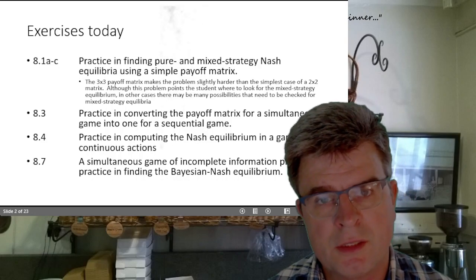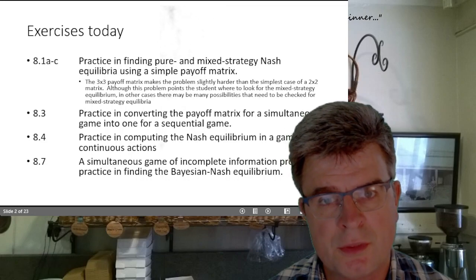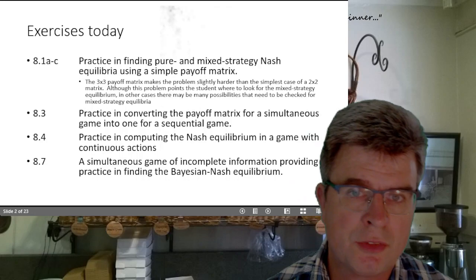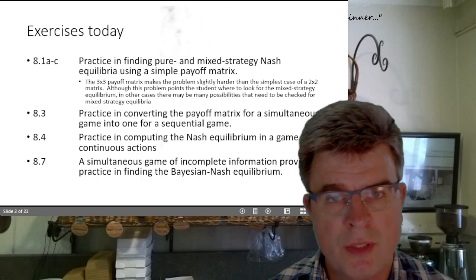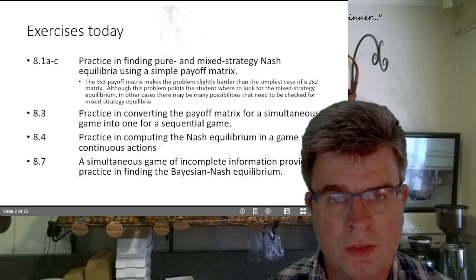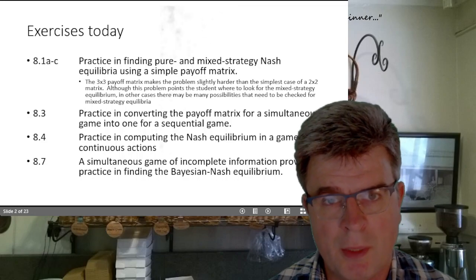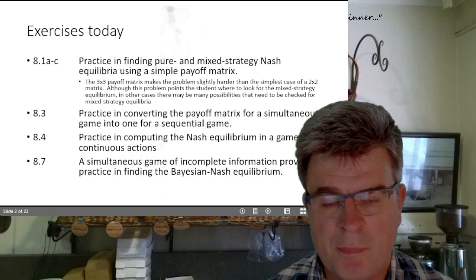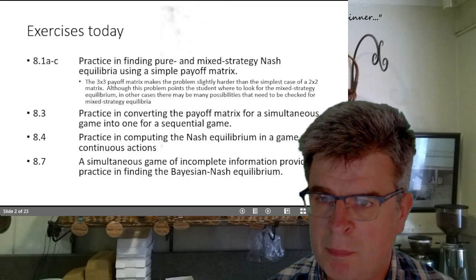And in exercise 8.1 you get the first exercise, which asks you to solve for the mixed strategy Nash equilibria using a simple payoff matrix. And there's one disclaimer: things are made a little bit easier for you here because some of the strategies are ruled out by the maker of the exercise. And I will show you when we get to it. So exercise 8.1